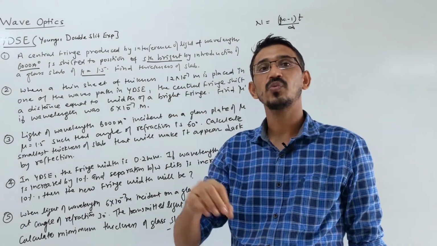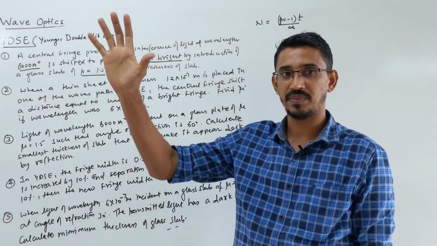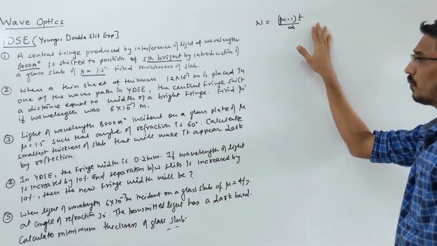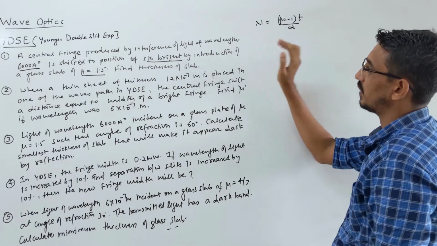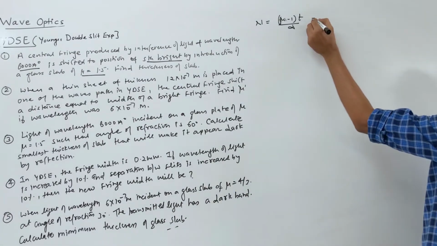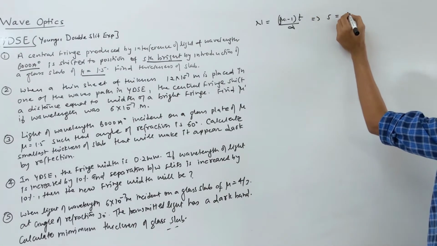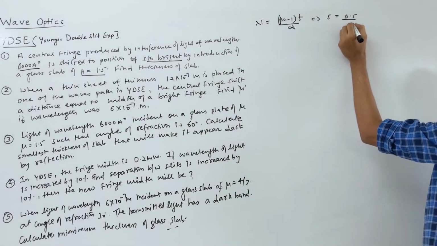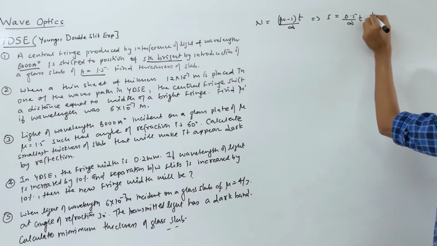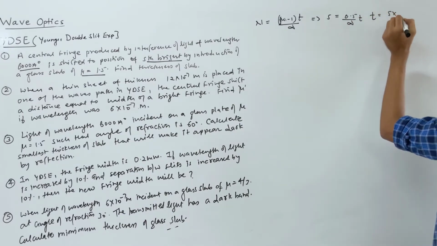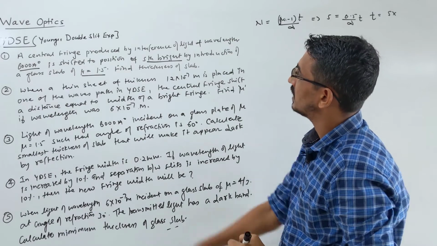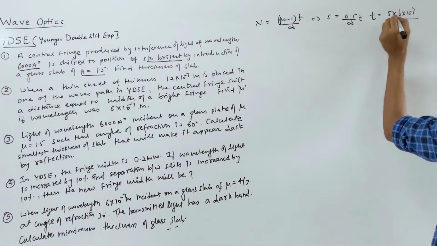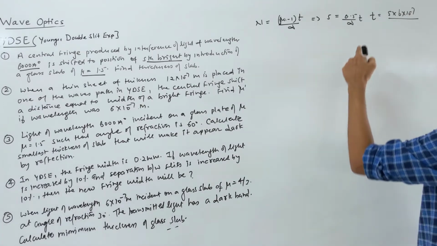The bright fringe is shifting to the fifth, which means 5 fringes are shifted. So the number of fringes shifted is 5. They are asking the thickness of the glass. So 5 is equal to (mu minus 1), which is 1.5 minus 1 equals 0.5, by wavelength, into thickness. Thickness is asked, so your answer is 5 into wavelength. The wavelength is already given to us, 6000 angstrom, so 6 into 10 power minus 7, divided by